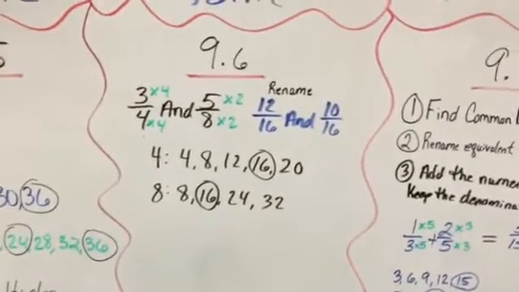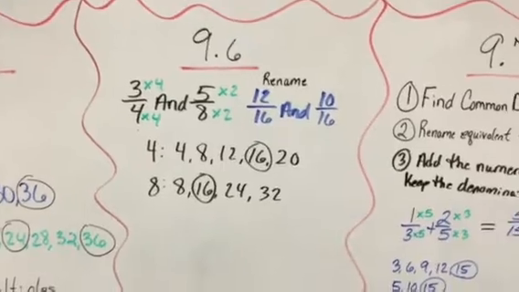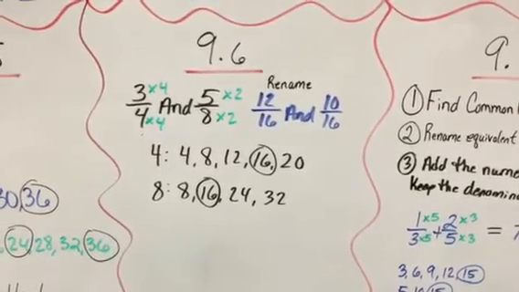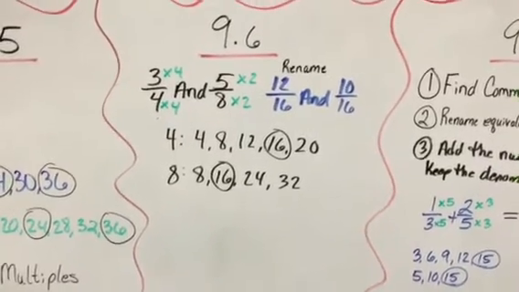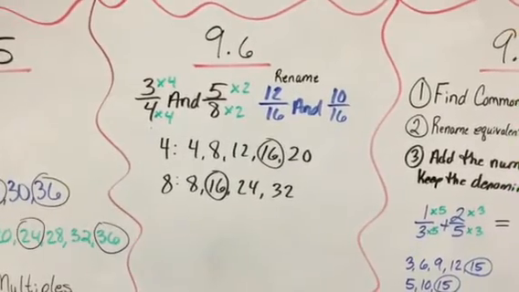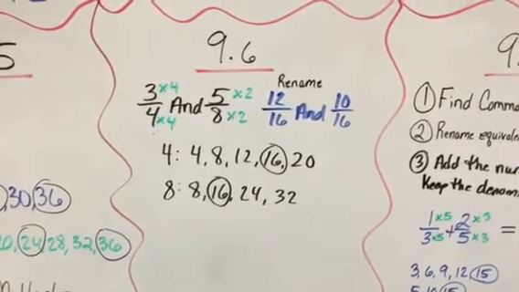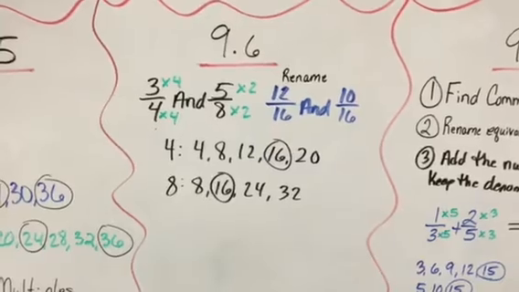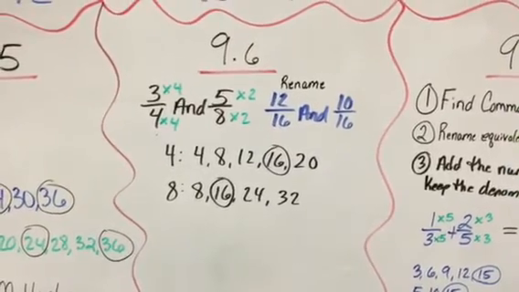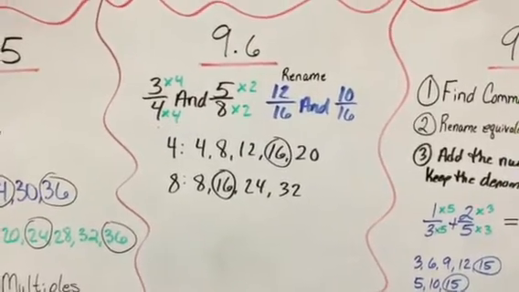Moving on to 9.6. 9.6 was just taking those common multiples that we found and using them in fractions to find the common denominators. So if you think about it, to find common denominators, you need to use the denominator to find common multiples. So we did that,